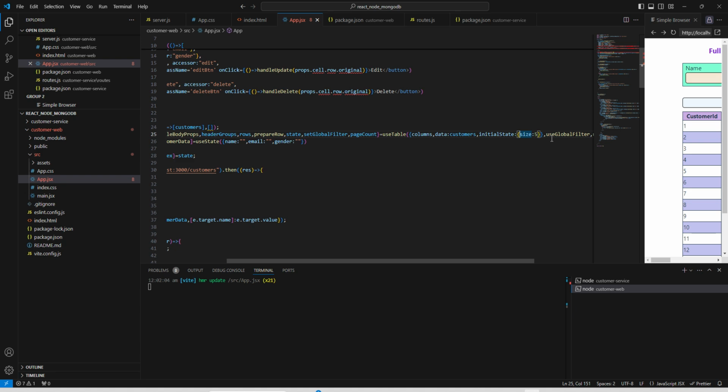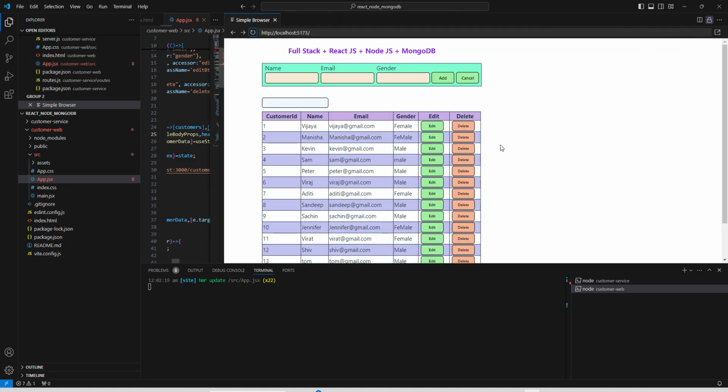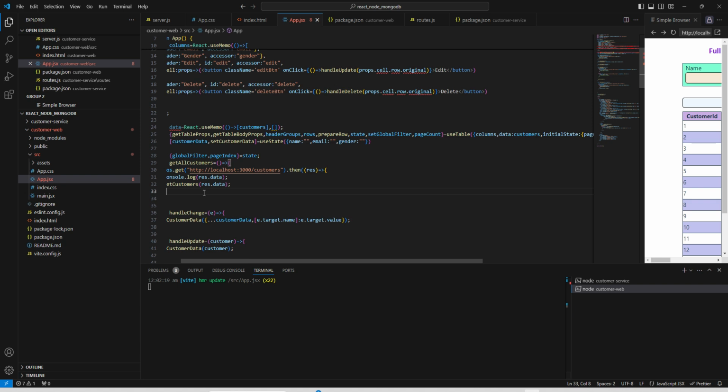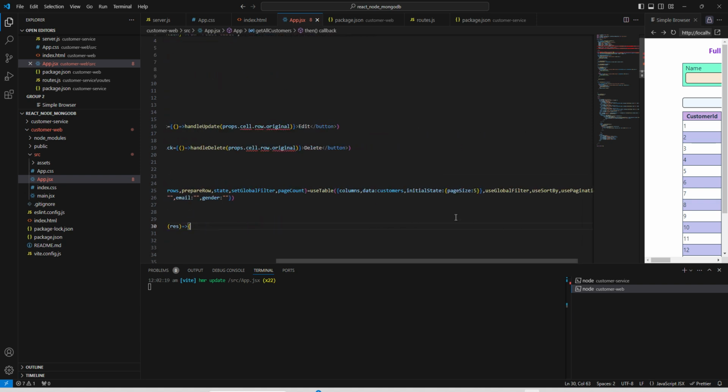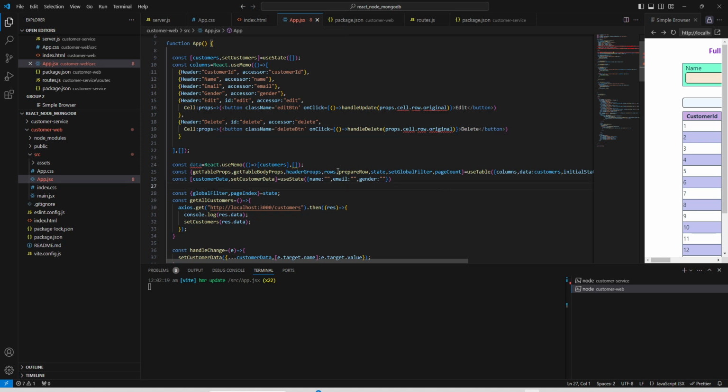And it should be page size. Okay, initial state and page size is 5, but it is not working because the problem is that we are